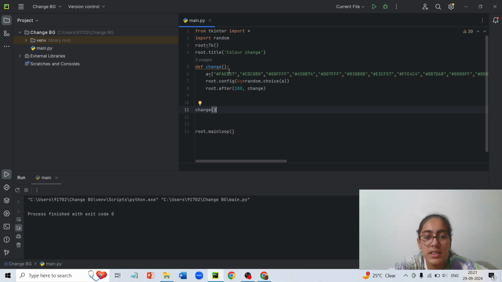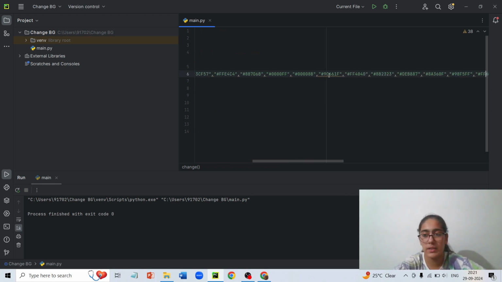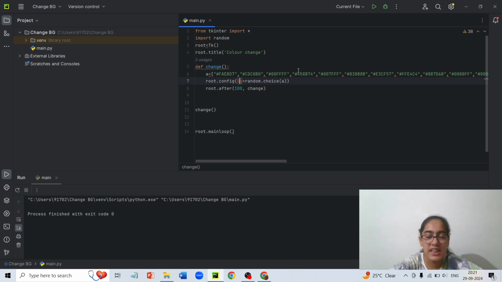Now A is the list in which all my colors are. I took a lot of time copy pasting these colors from my favorite Google page. As you can see, there are various different types of colors, so that even in the DJ we can get different pop-up images. Now this line root.after(100, change) is very important because here we will be using a new function which I haven't told about in any of my videos.